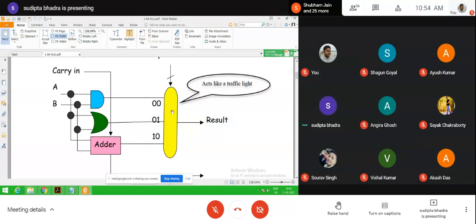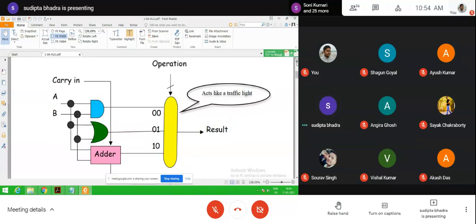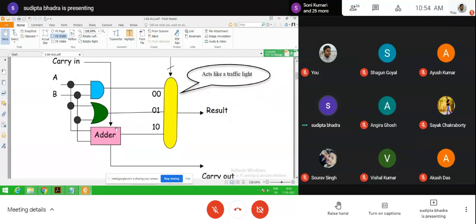Now if the select is 00, then the output of the AND gate will be the result. If 01, then the output of the OR gate will be the result. If 10, then the output of the adder will be the result. So this is an example of a 1-bit ALU performing 3 operations: AND, OR and adder.